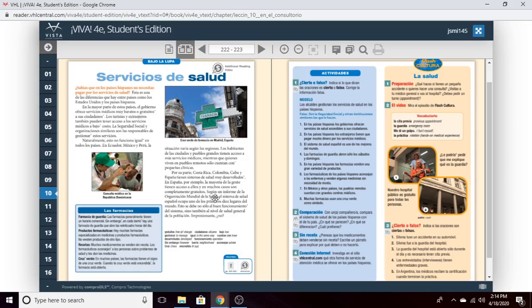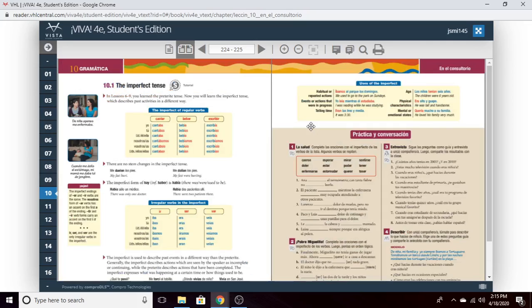What was it like? We're going to use the imperfect to talk about things that happened repeatedly in the past, or things that were happening, or to describe things in the past. It is not the same as the preterite. The preterite would be, on this day I did this, she did this, they did this, bam, bam, bam. The imperfect is, it was a beautiful day, everyone was outside, the birds were singing, it was May 5th. It's more descriptive and ongoing in nature.